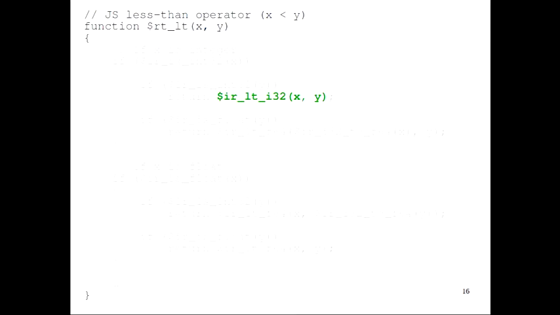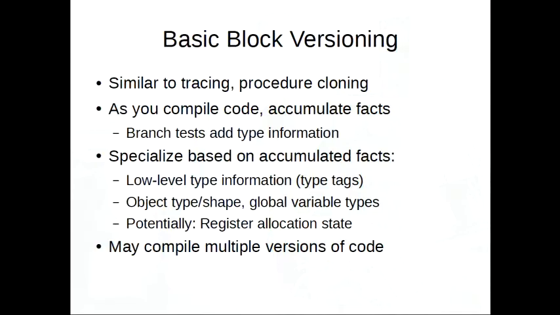And the whole point of basic block versioning is to help us do that. Basic block versioning is a compilation technique that's a little bit similar to trace compilation and procedure cloning. The idea is that as we compile, we accumulate facts, more specifically, usually type information. When we have dynamic type tests, we can use those to gain type information. So if we test if x is an integer, we can gain the information that x is an integer if the test evaluates to true, and so on. And then we use the information that we accumulate to generate more optimized machine code. And one of the key pieces is that we might compile multiple versions of the same code